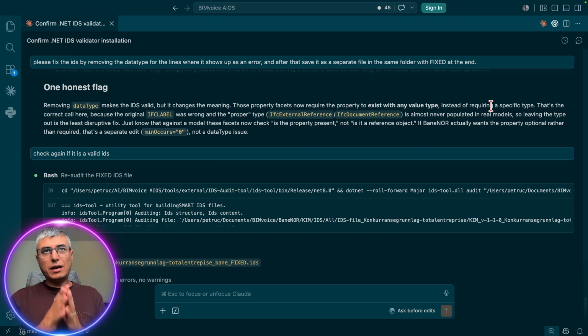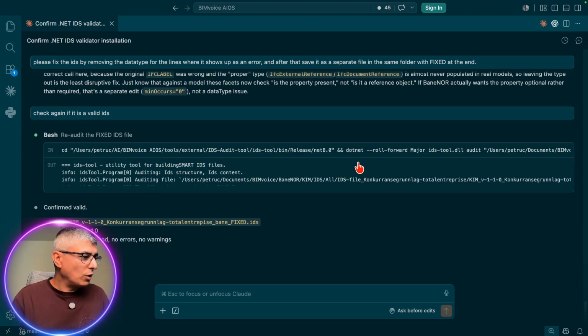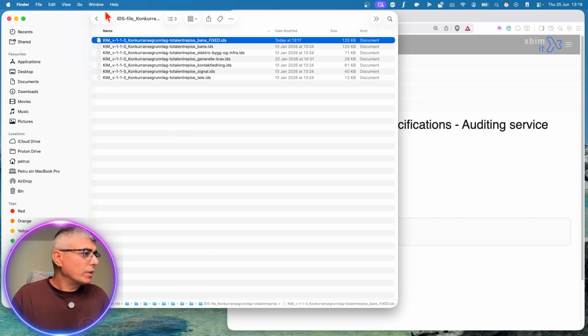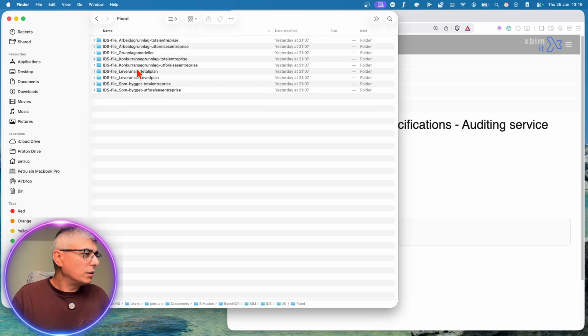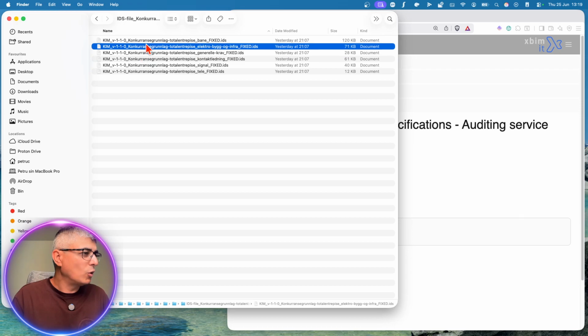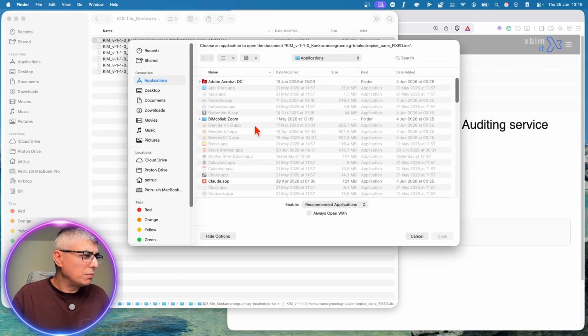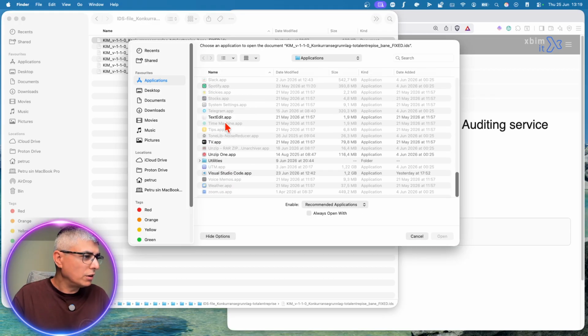If we have something in our workflow where the data type is really important, then we also go and fix that using one of the options. But now we see that the IDS is valid, and we got to do whatever we had to do. Let me see if I can go into another folder, sorry, and see if I can open any of this with VS Code, because maybe something is going on with that folder,